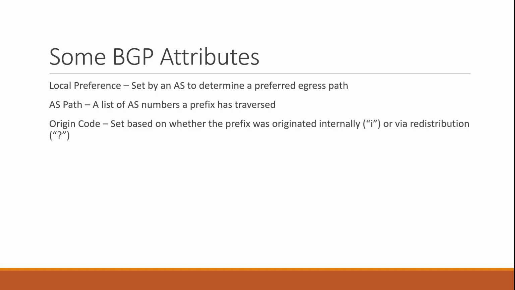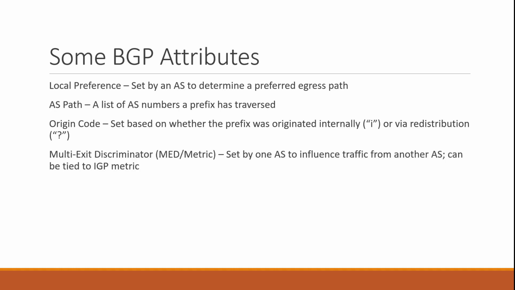The origin code is something that's set by the originating AS when it advertises the prefix to its neighboring autonomous systems. This is sort of an indicator of the reliability of a prefix. There are two values in modern networks: internally originated, which is represented with a lowercase i, and incomplete, represented with a question mark. Internally originated prefixes are typically matched specifically with a network statement, while incomplete prefixes are originated by redistributing routes from another routing protocol. Routers will prefer i routes over question mark routes, since matching with a network statement is considered more reliable than